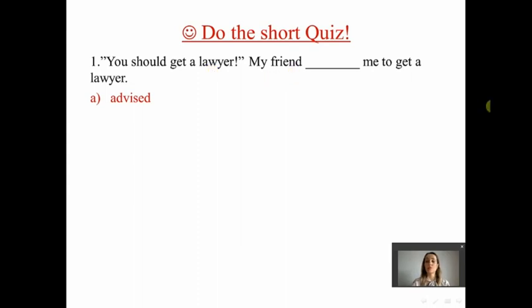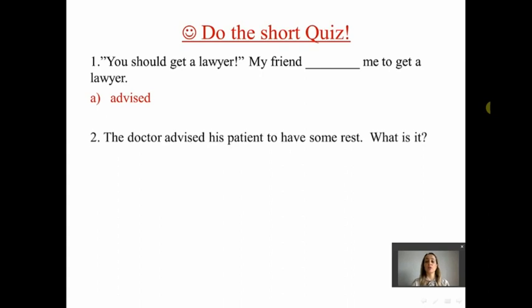Great. The second example, the doctor advised his patient to have some rest. What do you think? Is it a command or a suggestion or maybe a request?